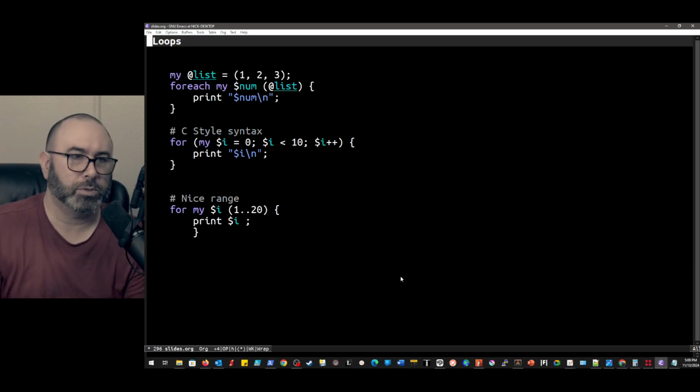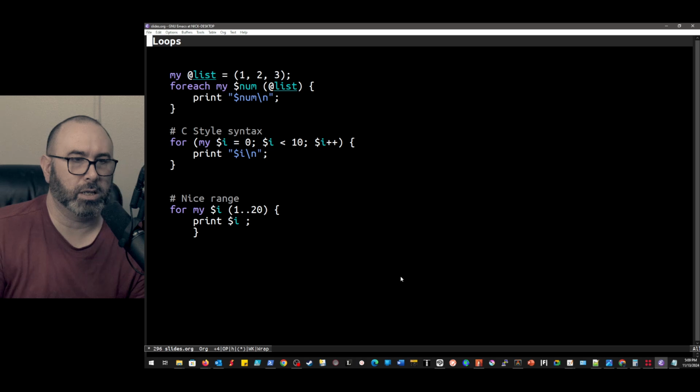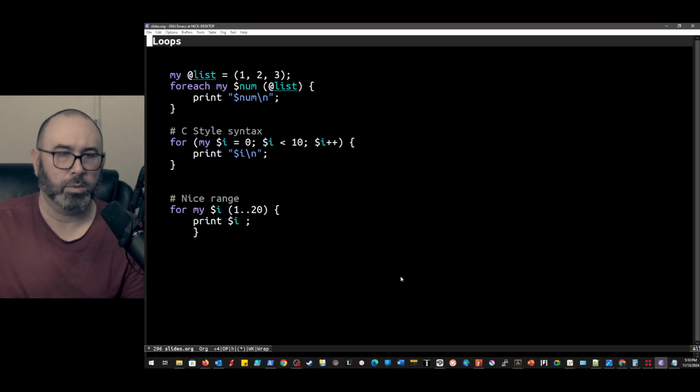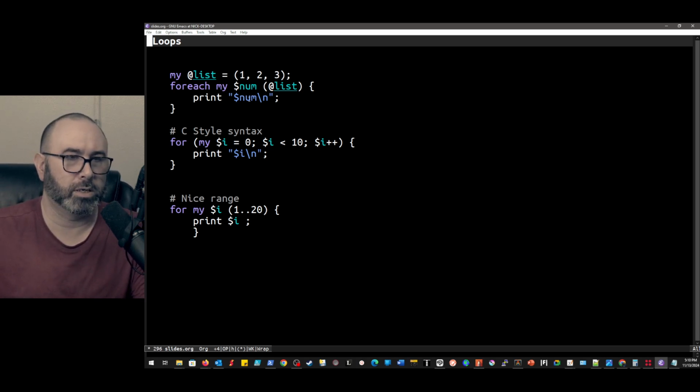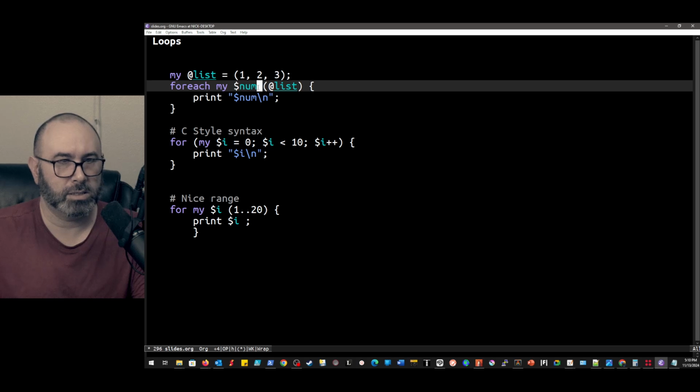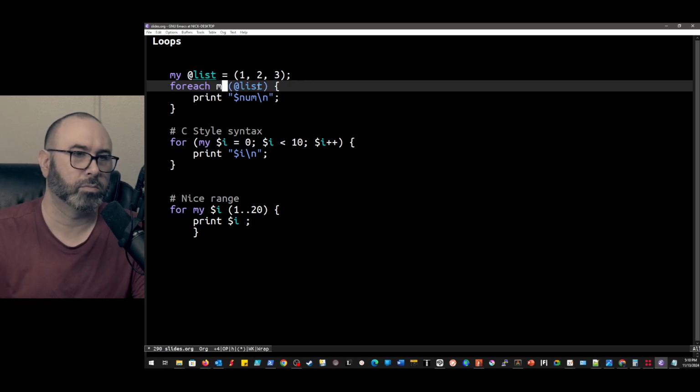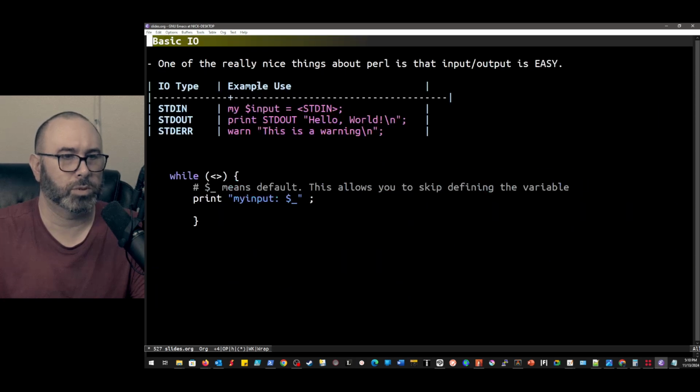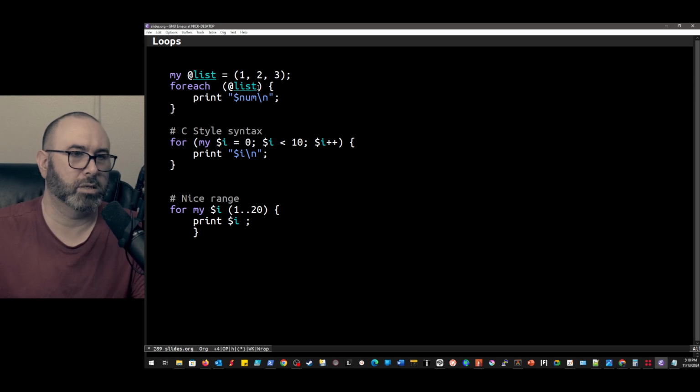So for loops, we're looking at a list, for example. We can do my @list = (1, 2, 3), and then we can do foreach my $num. And this is an example where we could also do foreach @list. Whoops, I keep forgetting it's in presentation mode.